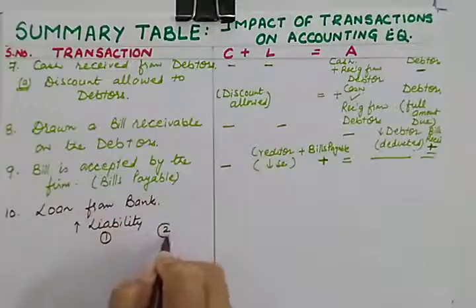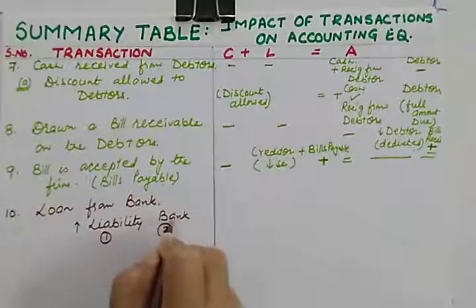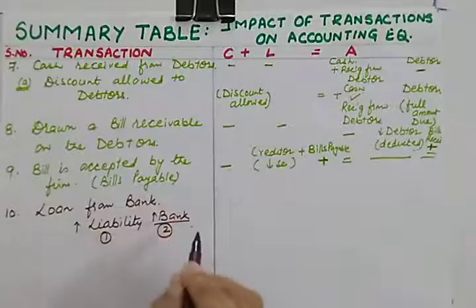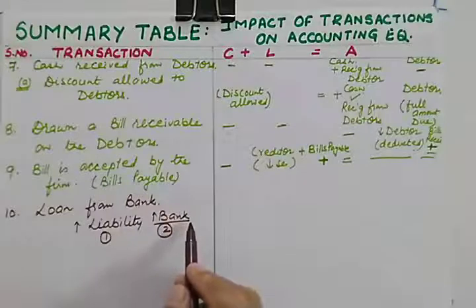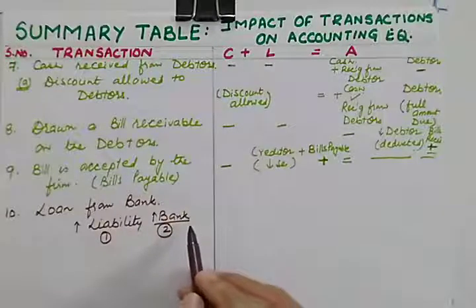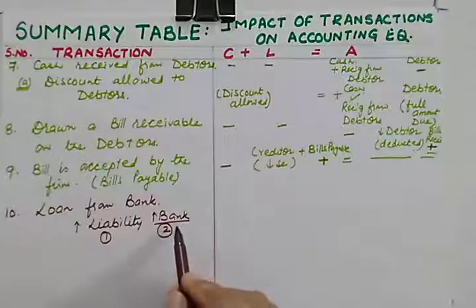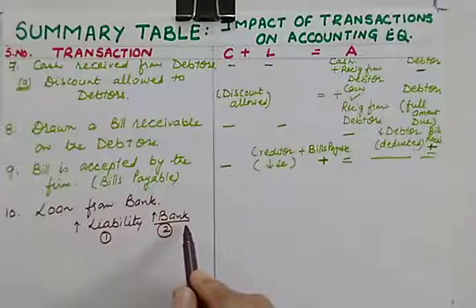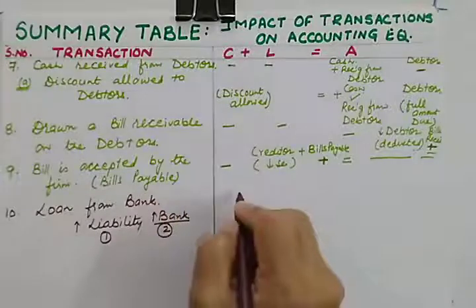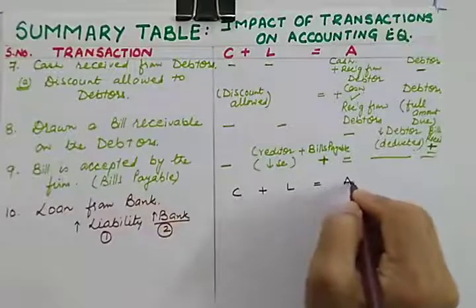And the second aspect is that whenever the bank gives us a loan, the bank will increase our bank balance. So when we apply for a bank loan, the bank will simply increase our bank balance, and a notification will come to you that your account has been credited with such and such amount. So it will show that the money of the bank loan has been added to the bank balance. So how to treat this transaction when you take loan from bank?